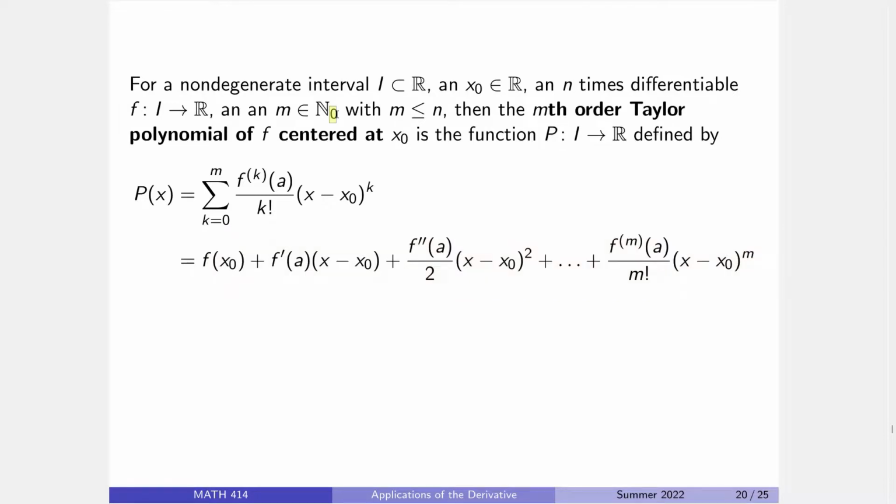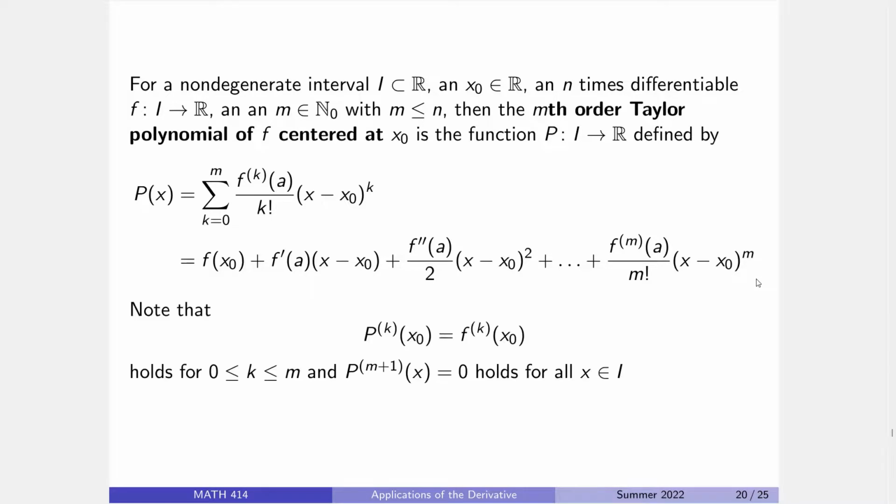Note, when m is equal to 0, no derivatives means it's just the original function. So this would be the 0th order, which is just constant. That would be the first order. There would be the second order. And that's all the way up to the nth order. Now remember, kind of the real power behind the Taylor polynomials and why you define them this way is that